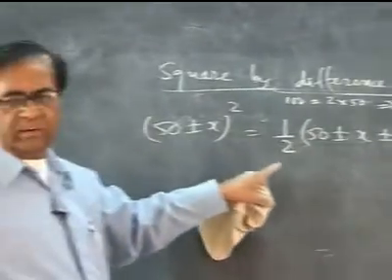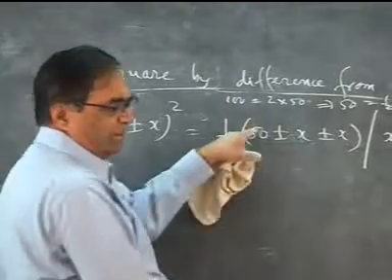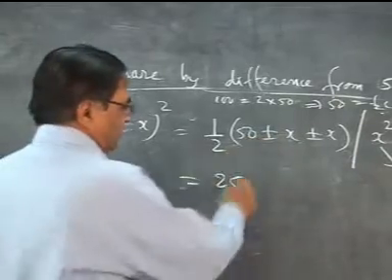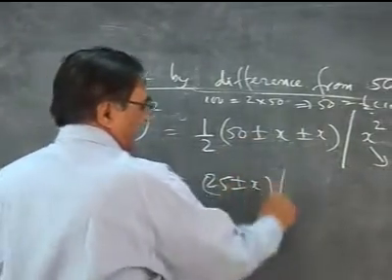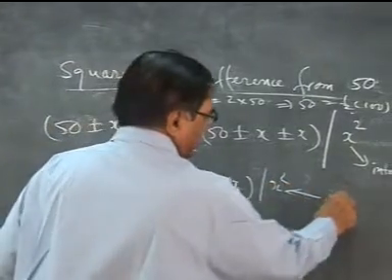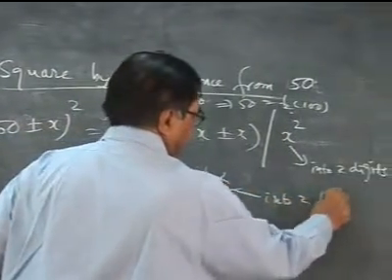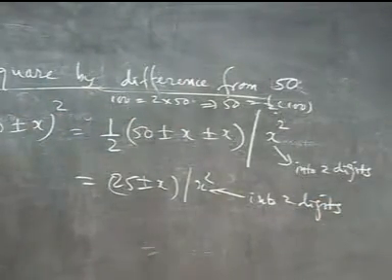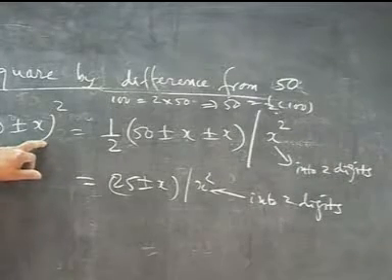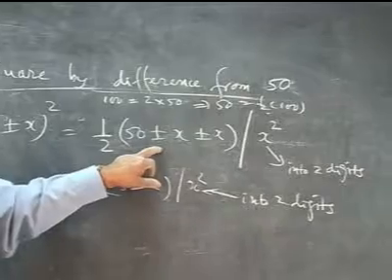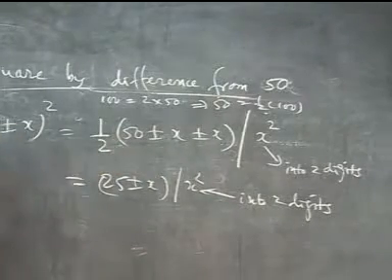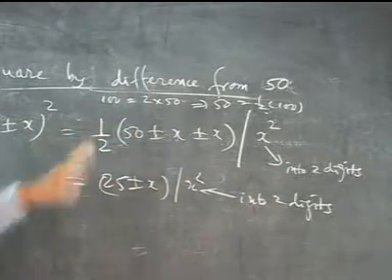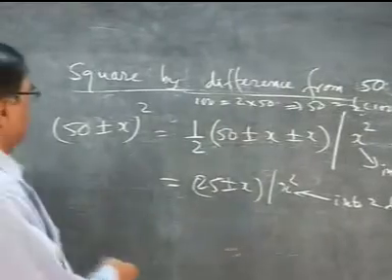It is very simple. So you can understand, this is 50, you should understand 25, double x, so it is 25 plus or minus x, and x square, this into 2 digits. So this shows if your number is x more, add x to 25. If your number is x less, subtract x from 25. Add the square of x. Let us see some illustration and we can understand very easily.